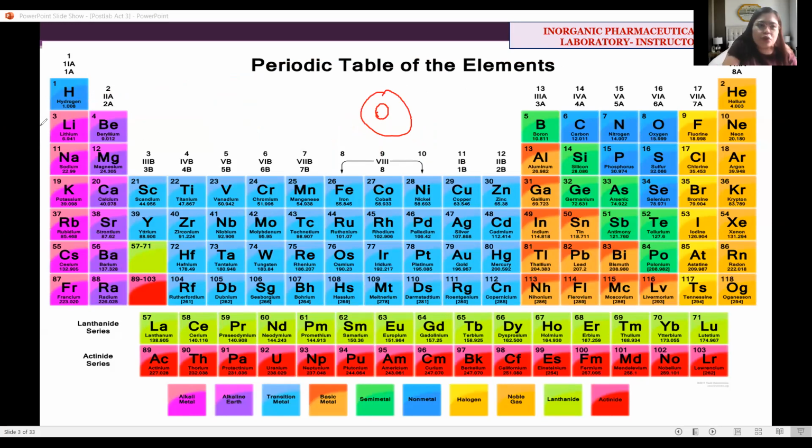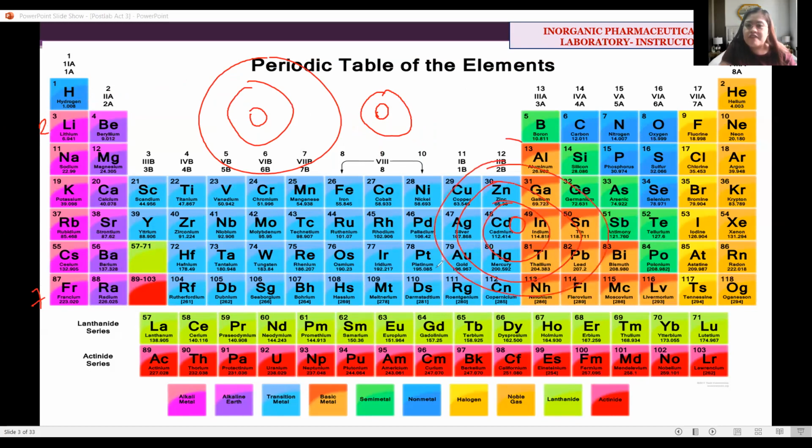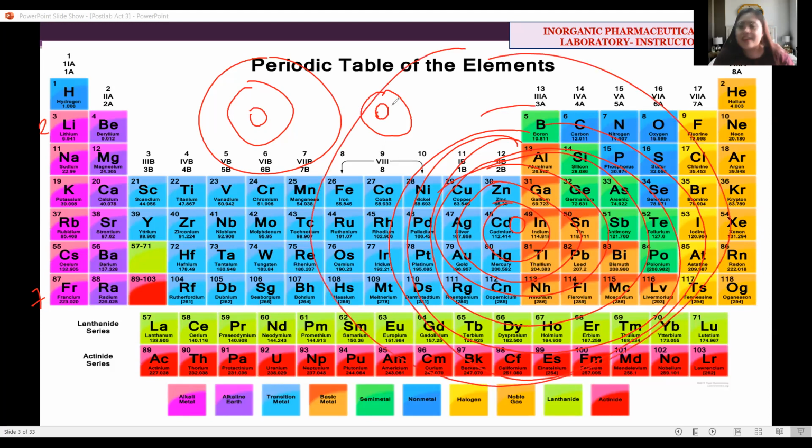If they are in period 2, like lithium, it means they have two energy shells. And that is true until 7, meaning our largest atoms belong here in period 7. Why are they called the largest atoms? Because they have 7 energy shells. 1, 2, 3, 4, 5, 6, 7. So those in period 7, from francium going to oganesson, again, they have 7 energy shells where we can find the electrons.